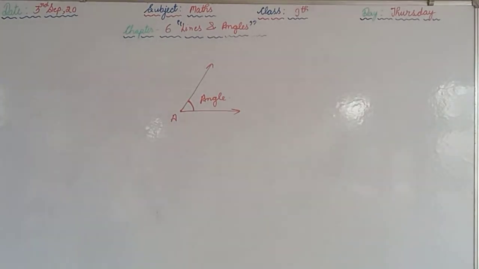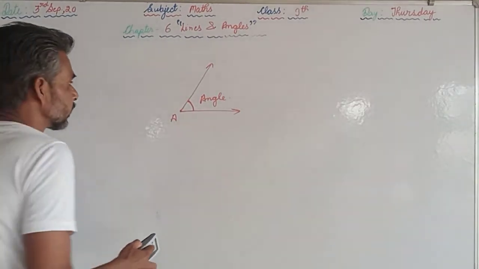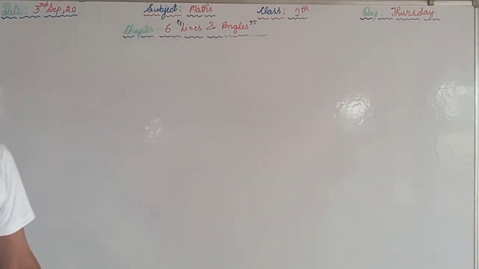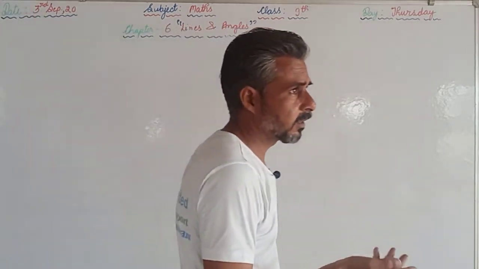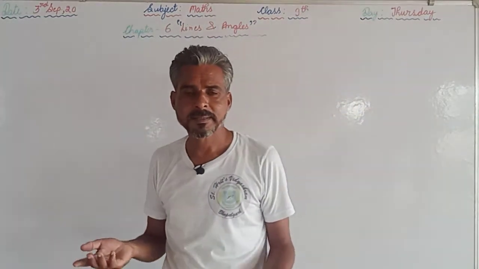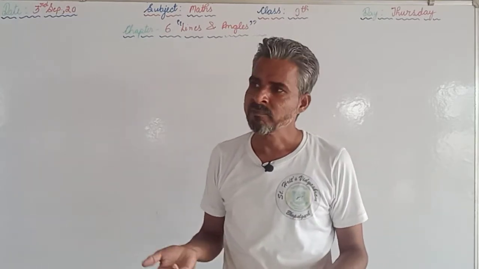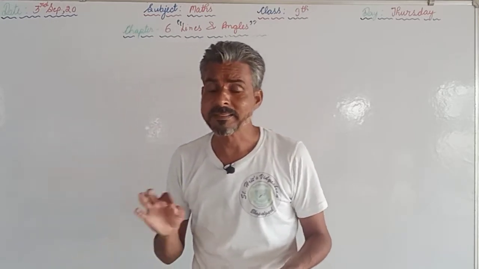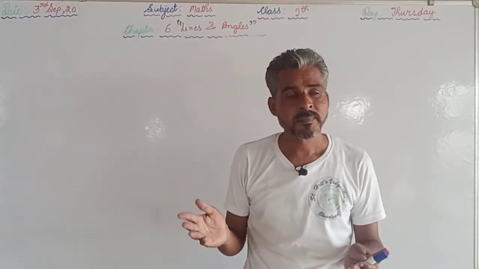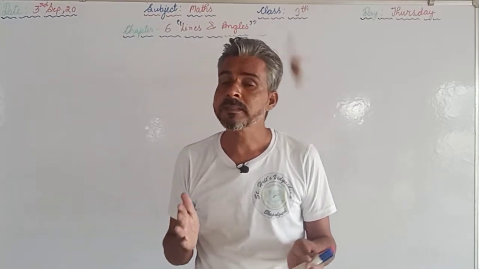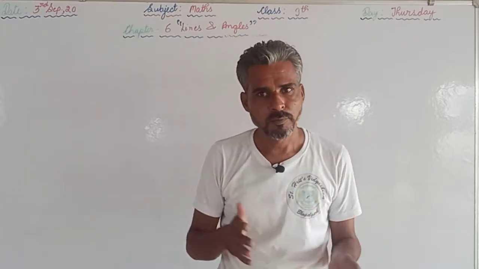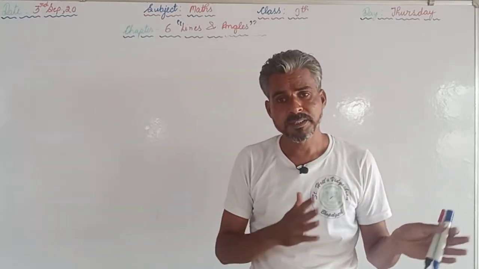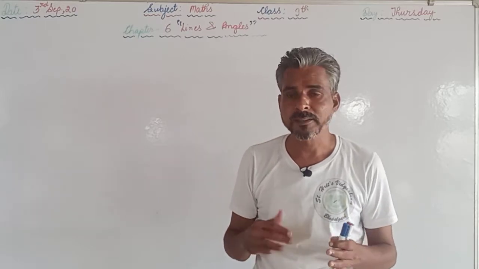Afterwards, we are supposed to segregate the angles also. So you have already studied in your lower classes that the acute angle, the angle whose measurement is more than 0 and less than 90, is called an acute angle. Then right angles are the angles having the measurement exactly 90 degrees. Then an obtuse angle means the angle whose measurement is more than 90 degrees but less than 180 degrees. A straight angle, when the measurement of the angle is exactly 180 degrees.